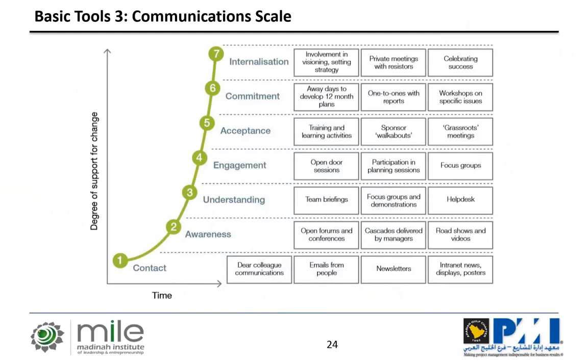So what it means is that you have to perform communication activities on the vision. You have to really make them understand the strategy. You have to have private meetings with those people that don't really get the change or are resisting the change. And you have to make sure that you make them participants in its success. Whereas if you just want people to understand what's going on, you go to the lower end of the scale and you just send a few communications, emails, etc. So this is a good point because you don't